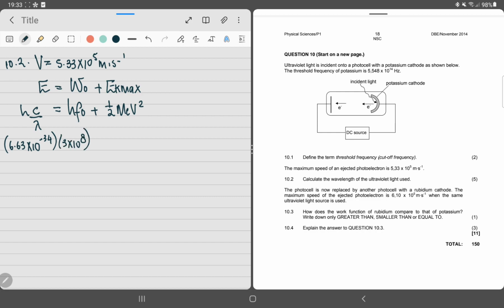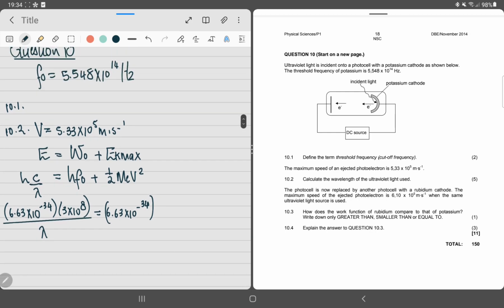That's the speed of light. Lambda should be equal to 6.63 times 10 negative 34. The threshold frequency, we are given it as 5.548 times 10 to the exponent of 14